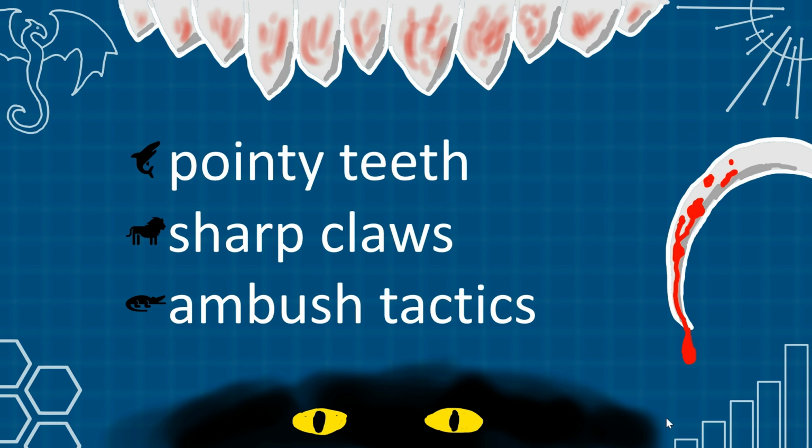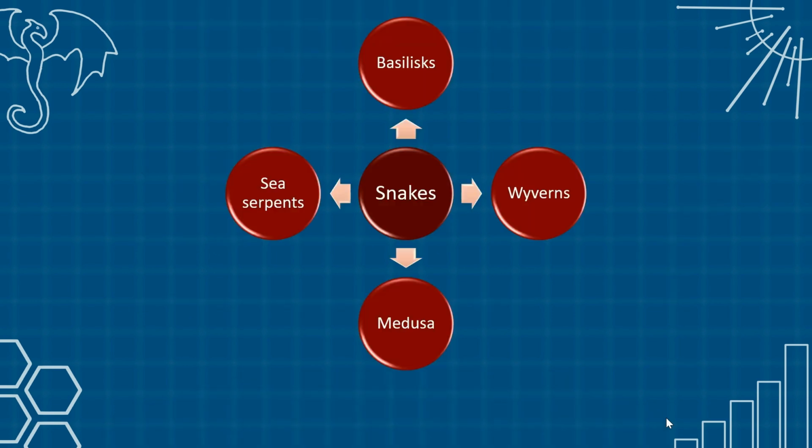But there is one animal more feared than the lion for its ability to kill you with one bite, and that is the venomous snake. Basilisk, weaver, medusa, sea serpents are all created after it. This attribute is also shared by scorpions and certain species of spiders, and they are also very prevalent. To make the ultimate deadly monster, base it on the most lethal one-hit kill creature in the setting.